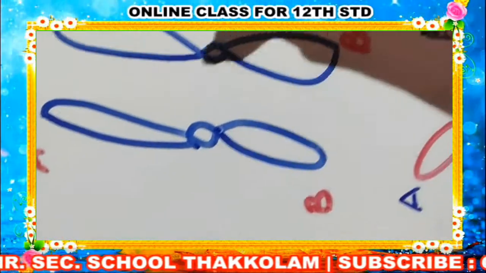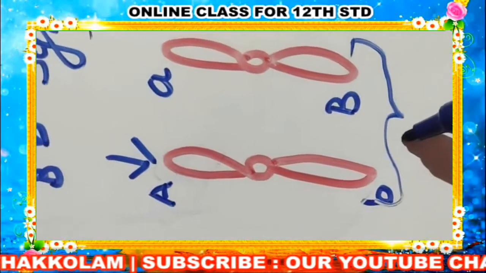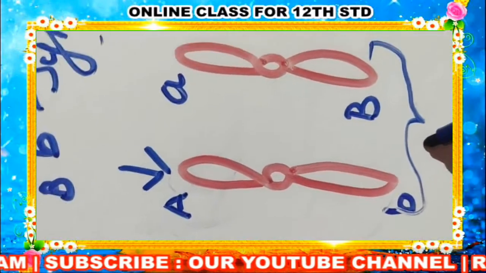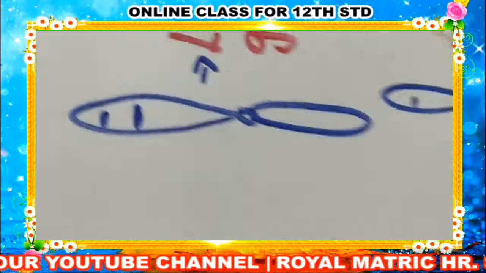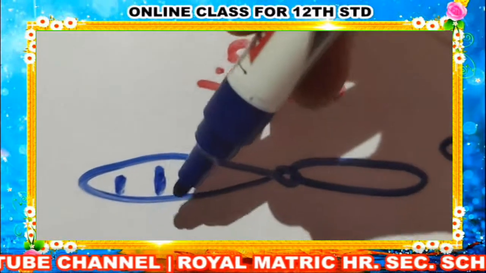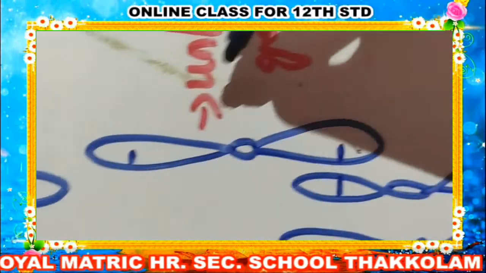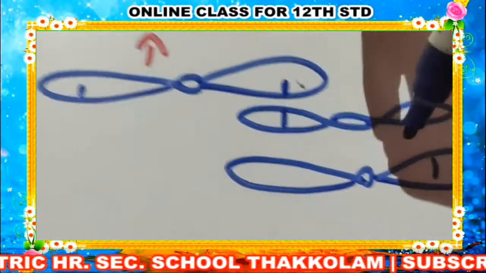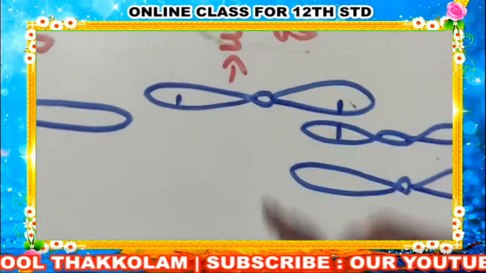The two in the center are the recombinants. They are the new forms as a result of crossing over. And these are the linked genes. When the genes are present in the same place together, they are called linked. When they are apart, or present in different chromosomes, they are called unlinked genes.